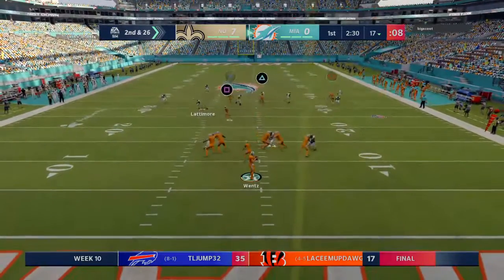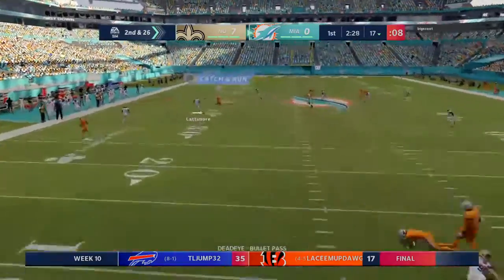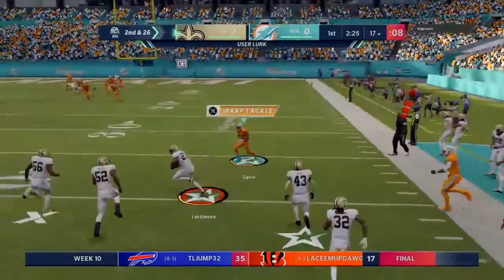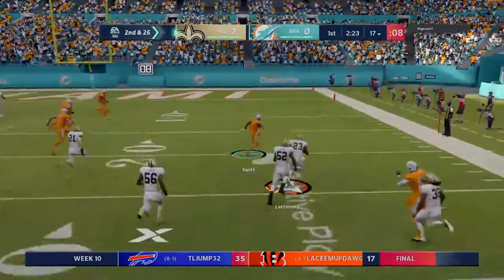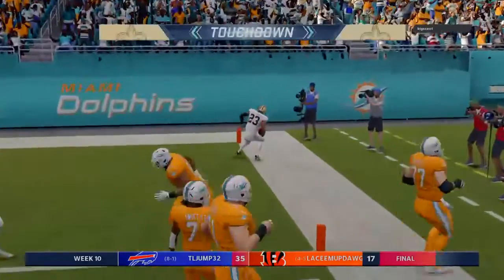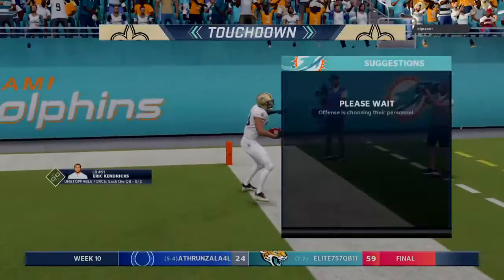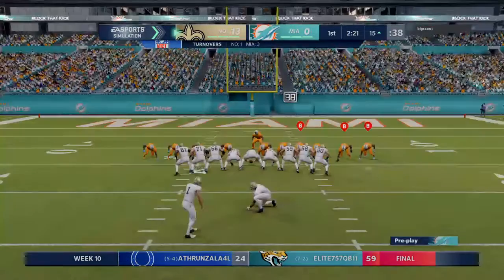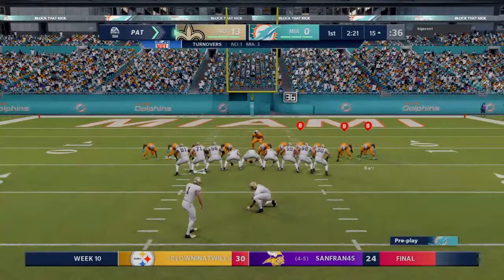On 2nd and a long way to go, Wentz, he's going to rifle one deep left side. Wentz is intercepted yet again, picked off by Marshon Lattimore. And he will take this one home. It's a touchdown. And this defense looking like they have come to play, the pick six, and just like that, it's